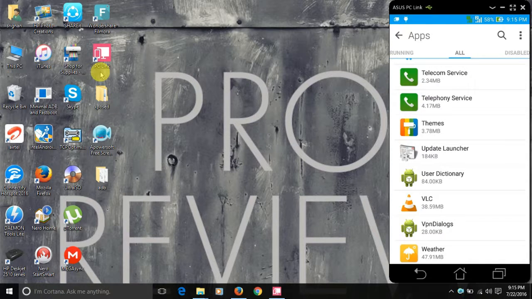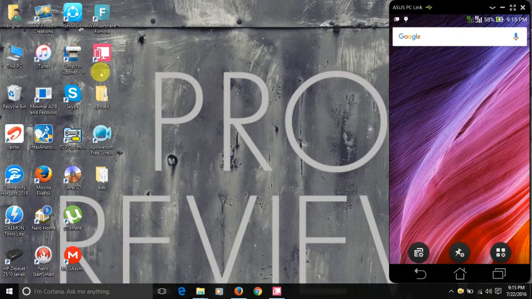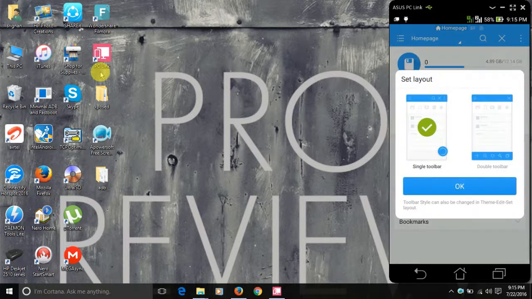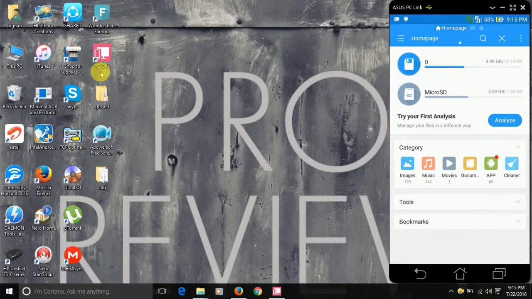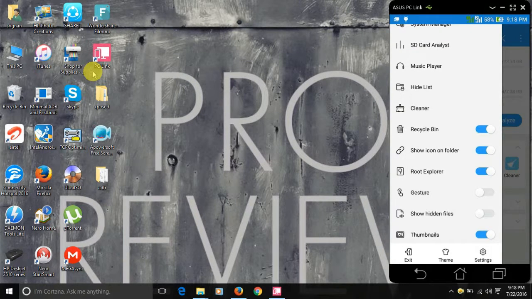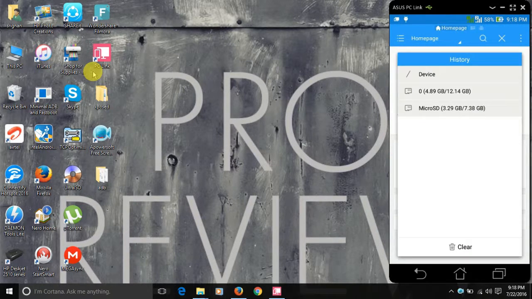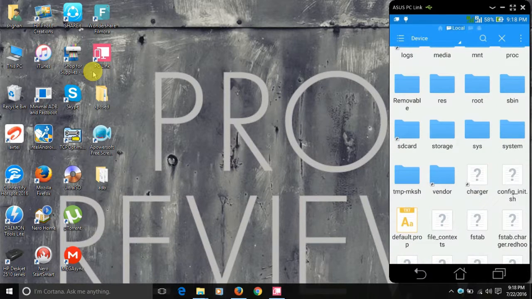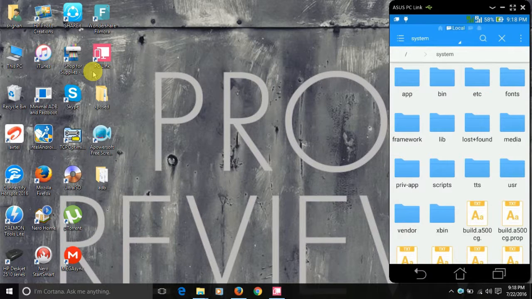Now open the ES File Explorer. Please enable your root explorer. Go back. So now go to the device option, scroll down, open the system folder, open the app folder.